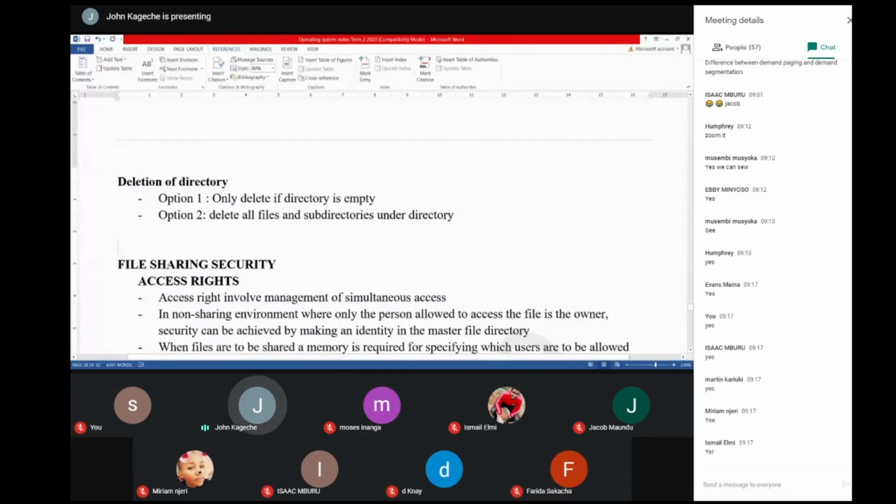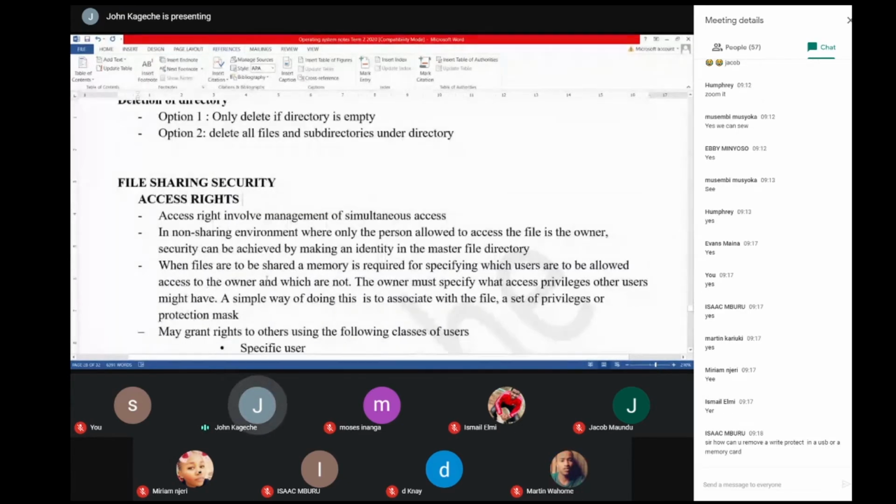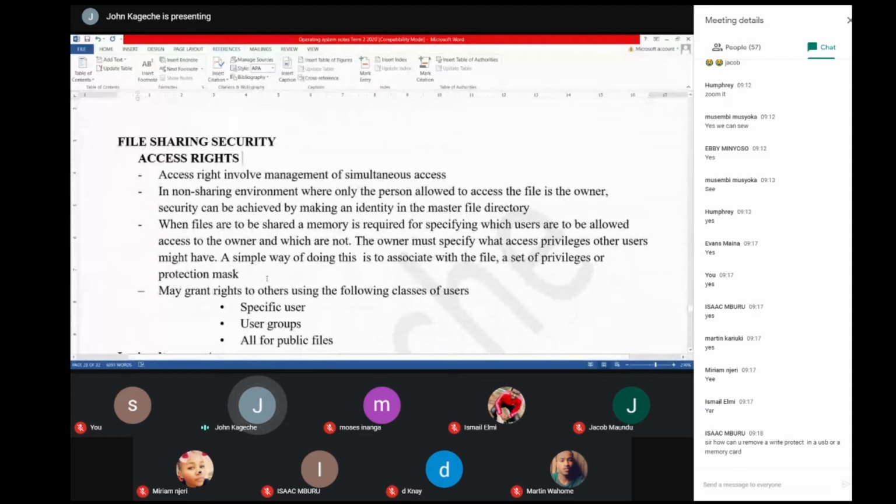Now we have what you call file sharing security. File sharing security, access rights. And I believe all of us have this kind of access rights. Yeah, where we are saying different users will be able to. Now we're saying here that we have access rights,